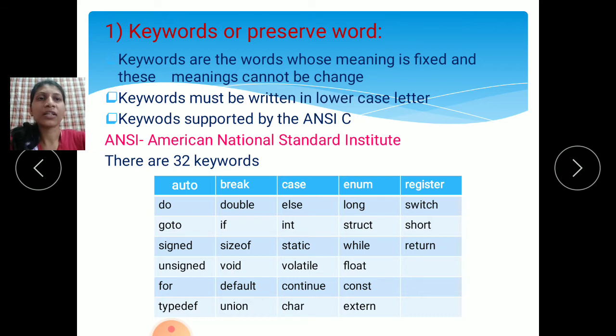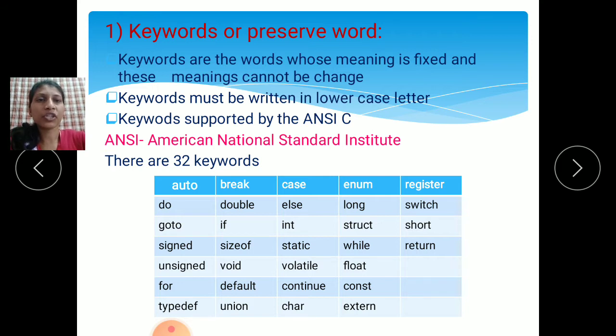It remains the same, it is fixed while the program is running. That is called keywords.